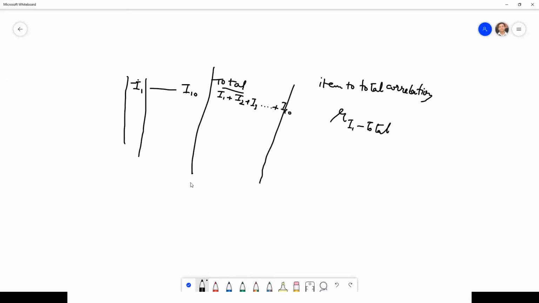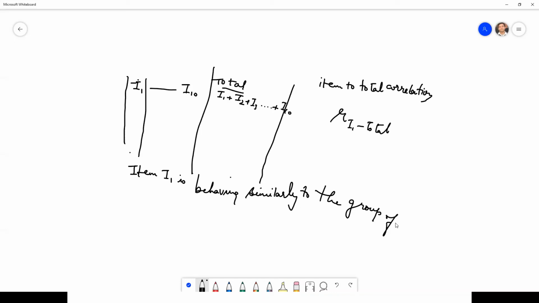Now what does item to total correlation tell us? It tells us that this item, I1, is behaving similarly to the whole group of items.